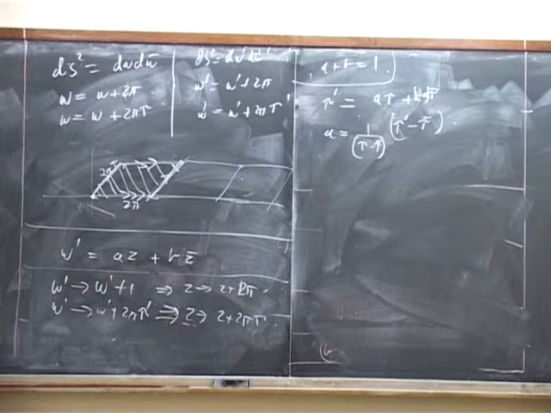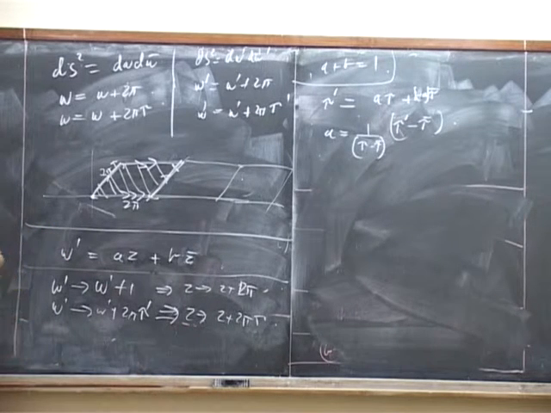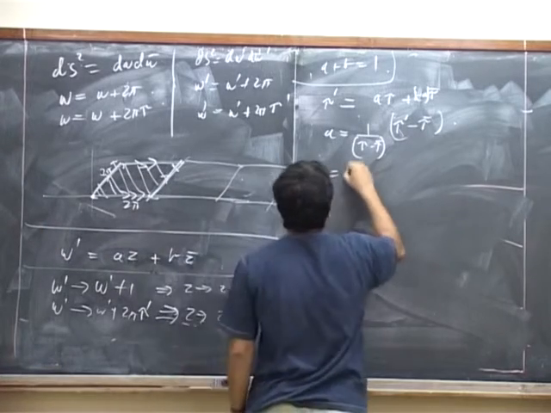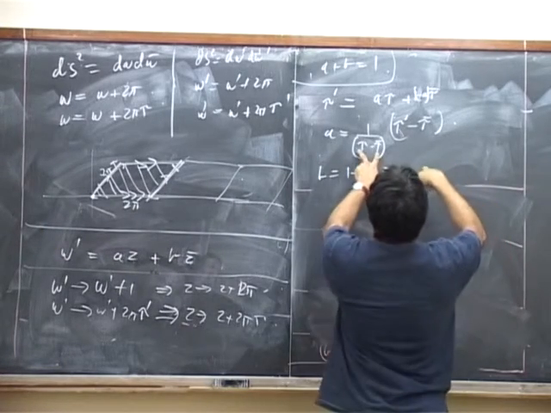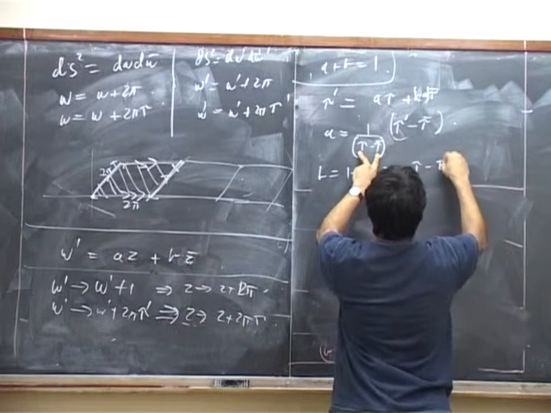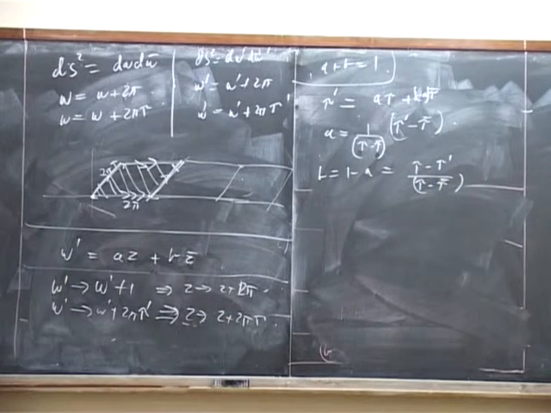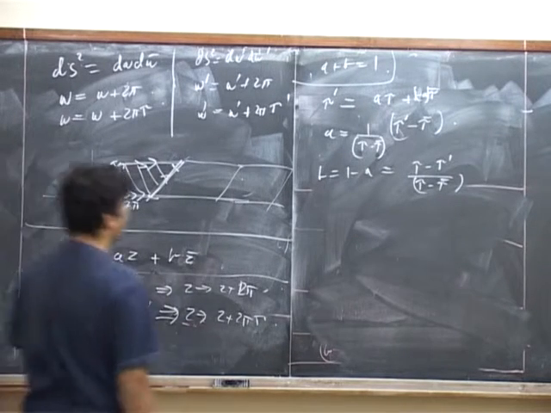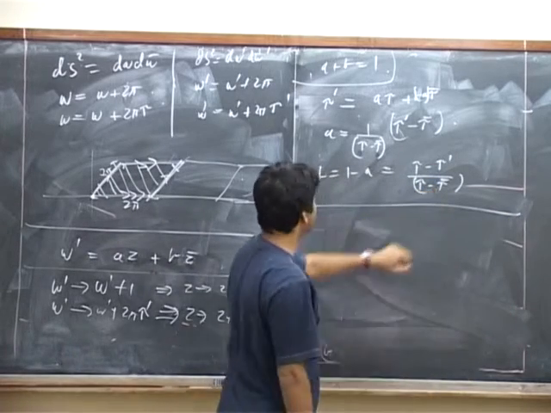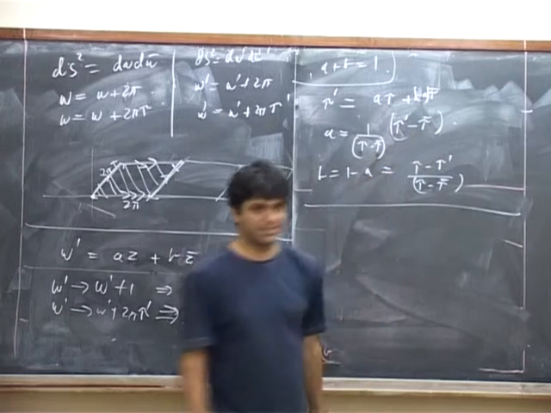These are the two conditions that you choose. Yes, I impose these conditions so that I change the periodicities appropriately. And B is equal to 1 minus A, which is tau minus tau prime over tau minus tau bar. Let's check. If we chose tau equals tau prime, we should get B equals 0, so that works. And we should get A equals 1, that also works.